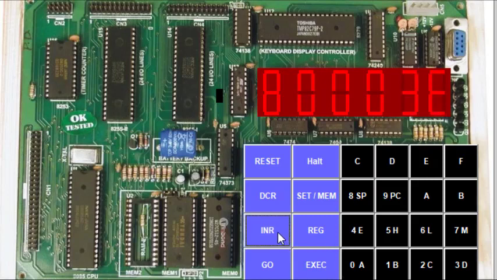Then next is 19, then 06, then D3, then 80, then D2, then 0A, then 80, then 4F, then 76, then 57, then finally 76. Okay, so I have entered the program.